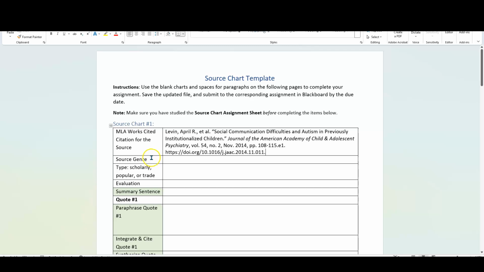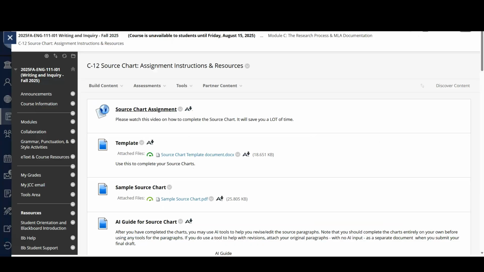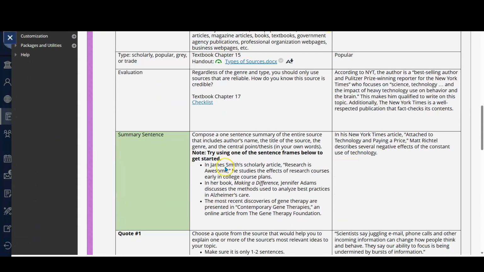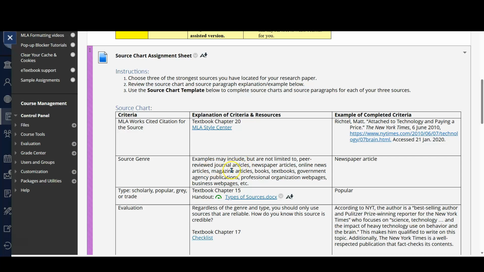For the source genre, when we look at the instructions for what that means, we come down here. Source genre may include, but is not limited to, peer-reviewed journal articles, newspaper articles, online articles, magazine articles, whatever. So this is going to be an online news article, or, it's not really a news article as much as it's, I would say, a